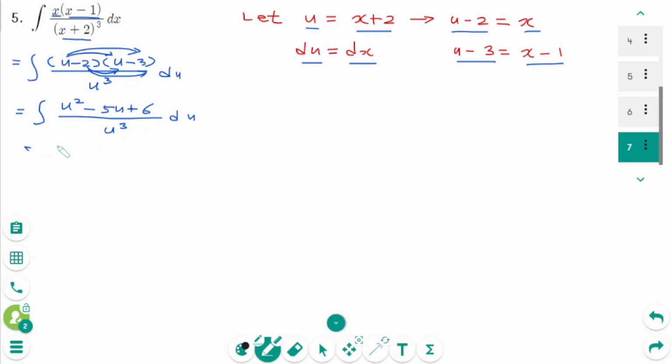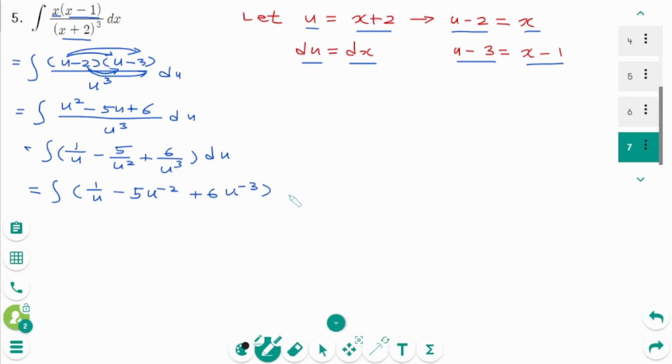Then make separate: 1 over u minus 5 over u squared plus 6 over u cubed, then du, equals integral of 1 over u minus, make a power form, 5 u to the power of minus 2 plus 6 times u to the power of minus 3, then du,